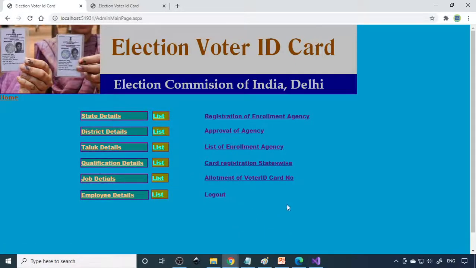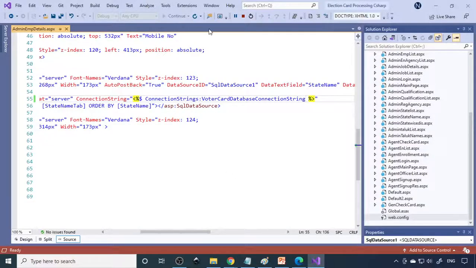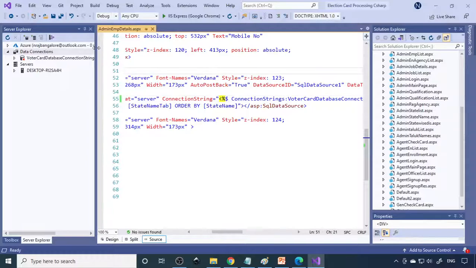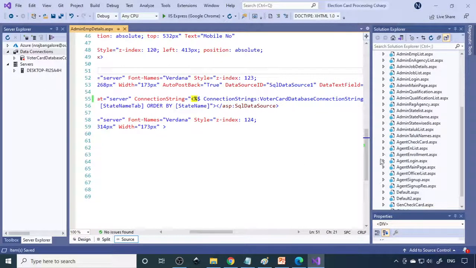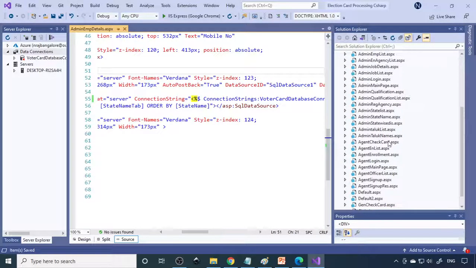That's how we can enter the data, and they can check in the admin section and give the approval for the card. So hope you understand the concept. Please try this project. You can also try this project in PHP or in Python or in any other language too. Once you know all these concepts, it's easy for you to make the project. If you want to write down the design, please take the screenshots and write down the design.